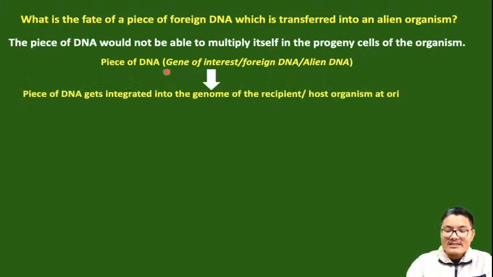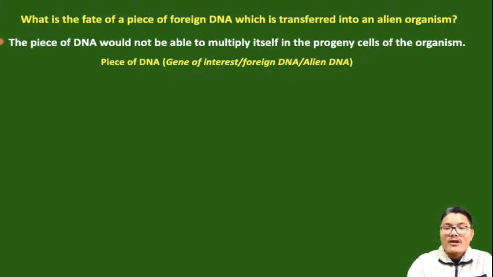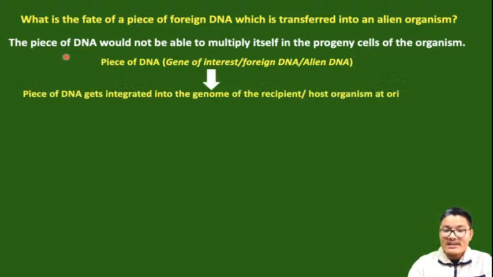Now we said that that gene is not going to divide, that gene is not going to have an impact in the host cell without depending on other genes. So we are saying that the piece of DNA gets integrated into the genome of the recipient,